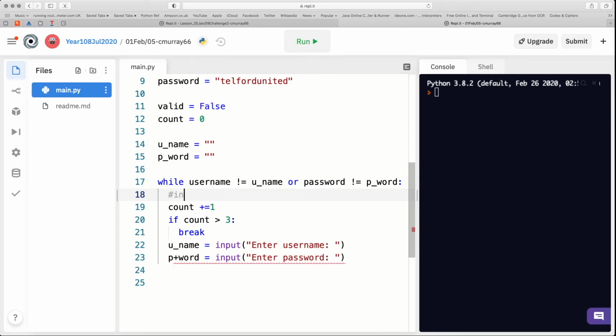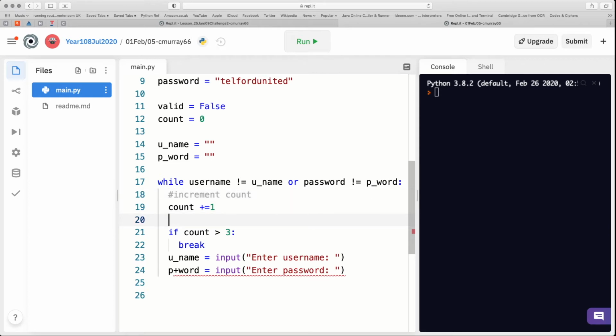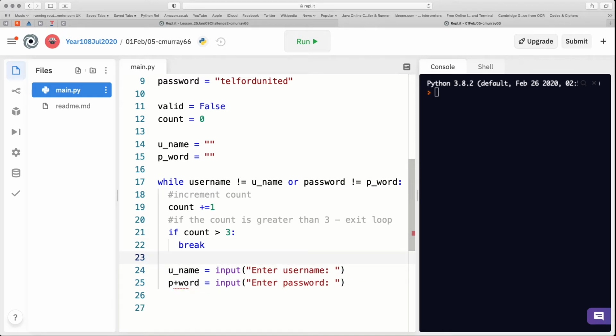Okay, so here I'm going to increment count. If the count is greater than 3, exit loop, and that will exit the loop under a failed condition. Okay, so here, get user input,